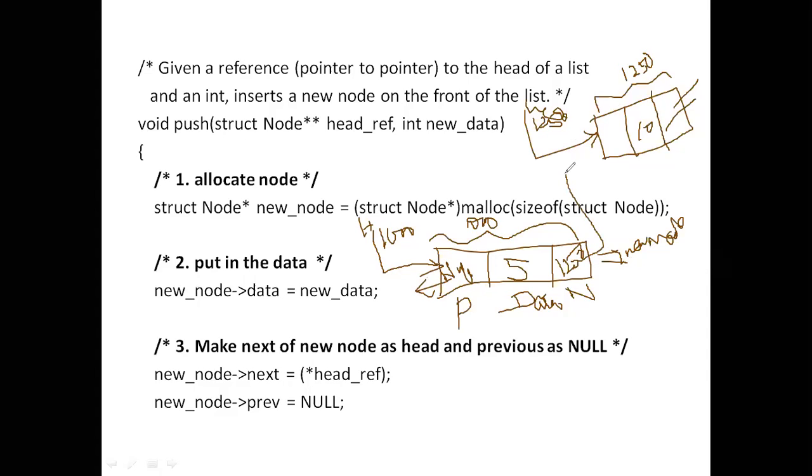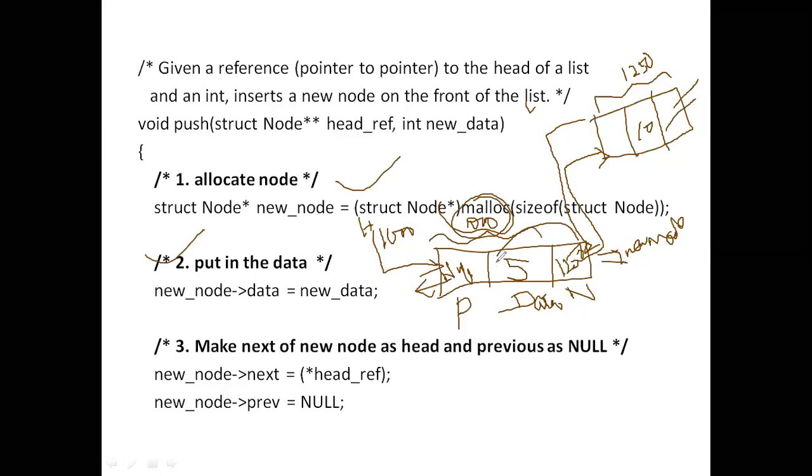Here only I am using, guys, please adjust. Now I have to change this head address, so this one will be removed and I have to use this one here. Okay. Am I correct? Now I have got it. First what I have done, I will show you. I have allocated the node so that I got the memory as 1000. Next I put the data so that my data is 5. Next I make next of new node as head and previous as null.